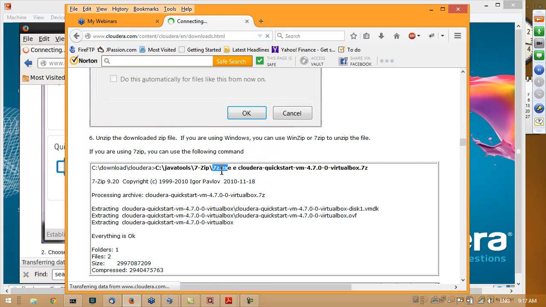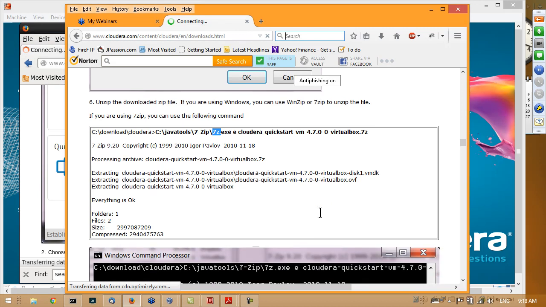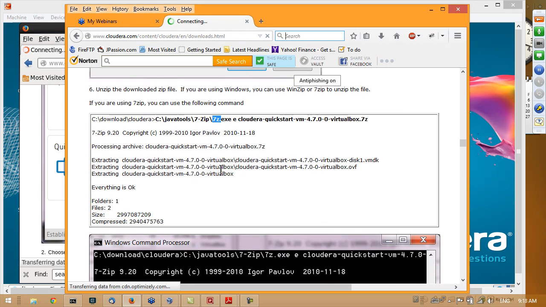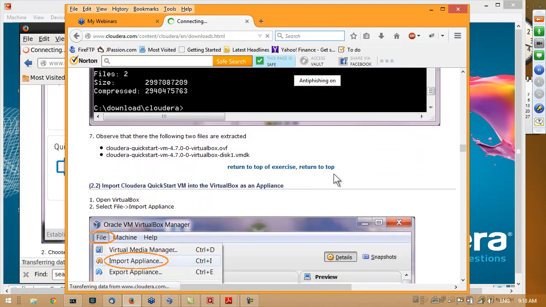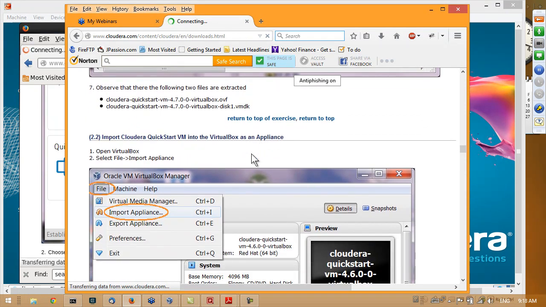I should provide the link of this 7z.exe file for the Windows platform. In my case, I have downloaded 7z. You can just Google 7z, and then you are going to unzip it, and you are going to have one directory and these two files to be extracted. Okay. All right. So now, once you have those files,